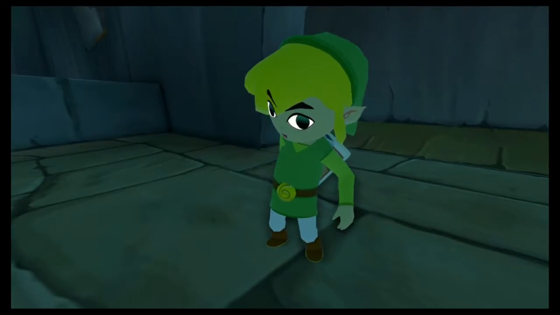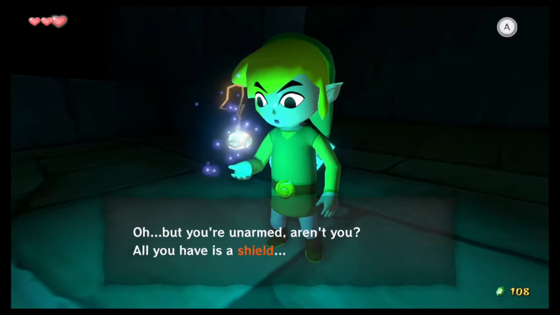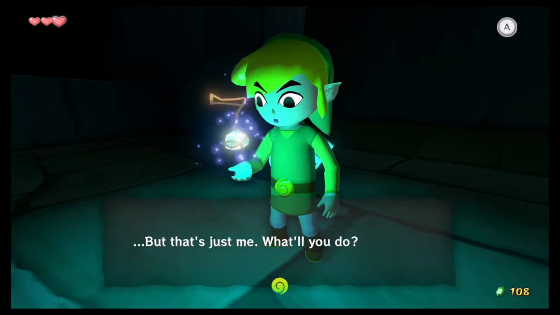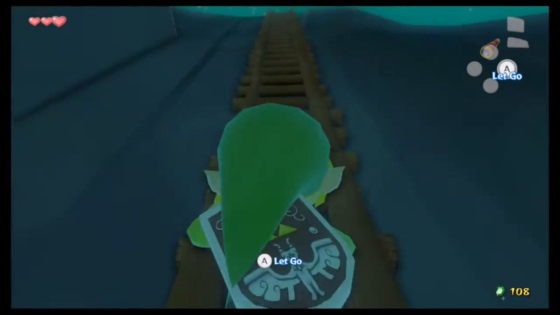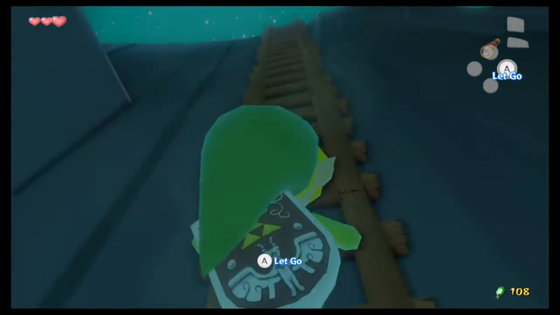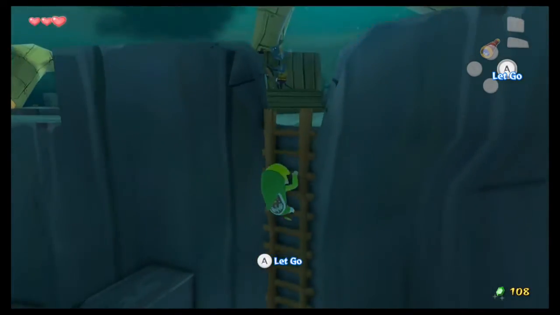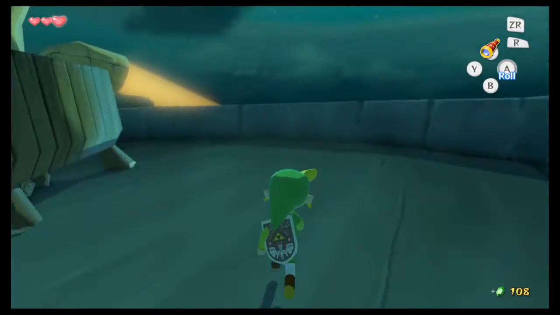And I'm actually going to still press A this time, and yeah, there's a monster running a searchlight up there, and you have to slay the monster, and then we have a shield, but they say use your shield to deflect the monster's blows and see if you can make it drop its weapon, but that really isn't necessary. Anyways, there is the guy there, the bokoblin,